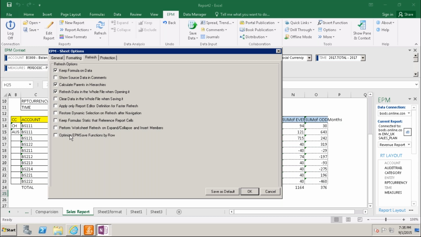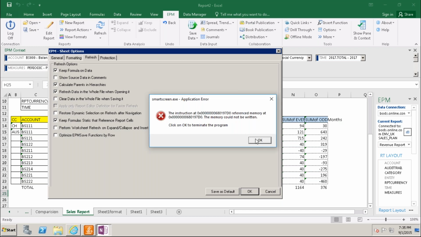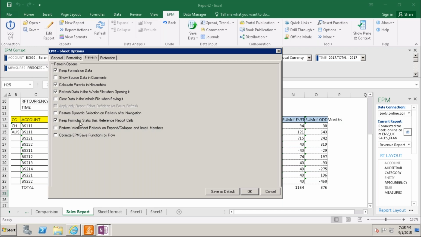Also, this is one important option: keep formula static that reference report cells.